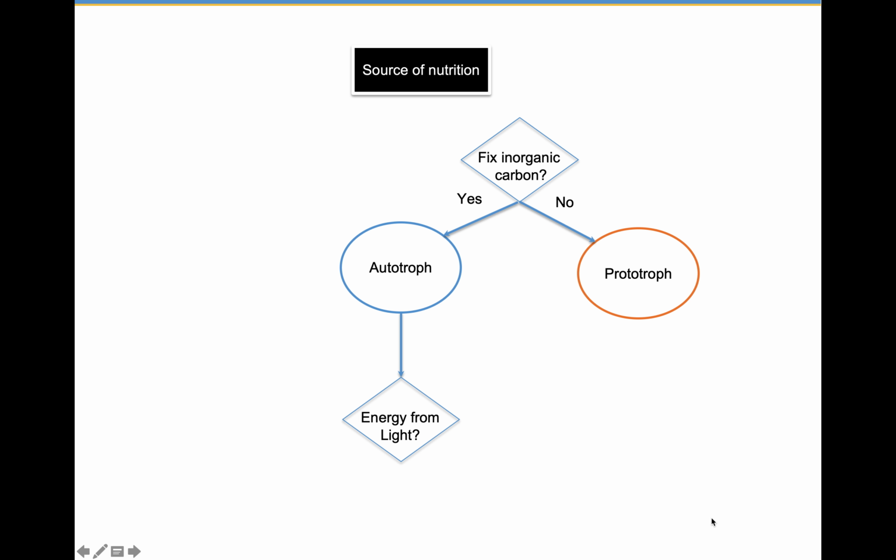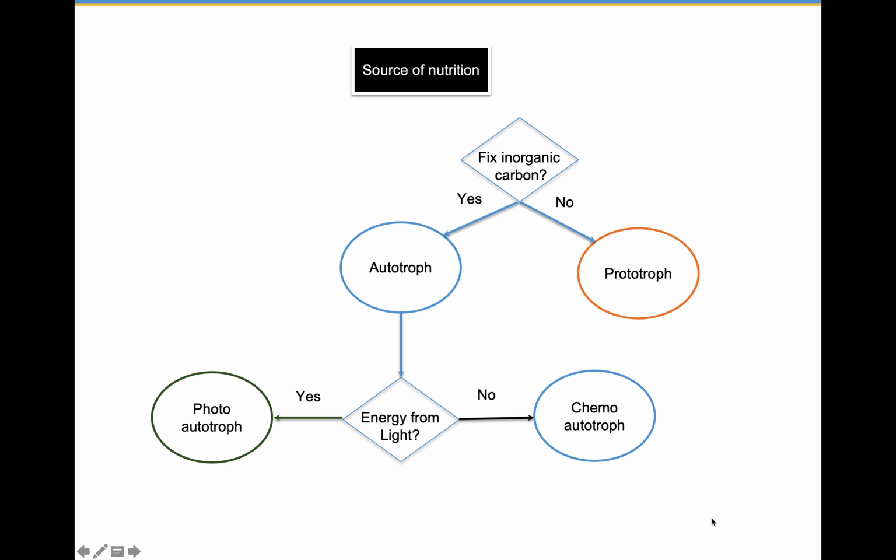So organisms that live in an area where they're exposed to light use light, but the ones who don't use a chemical source of energy. These are usually bacteria that live in thermal vents at the bottom of the ocean where there is no light, and in those thermal vents there are chemicals that these bacteria can use as